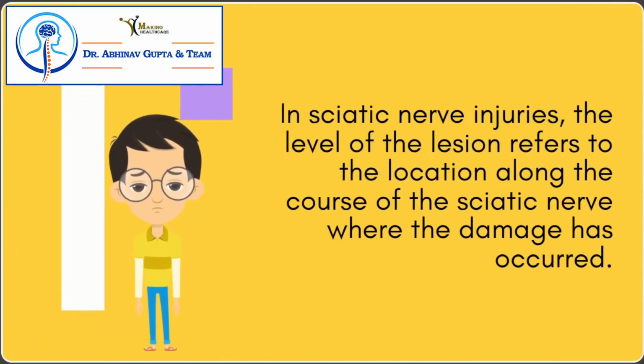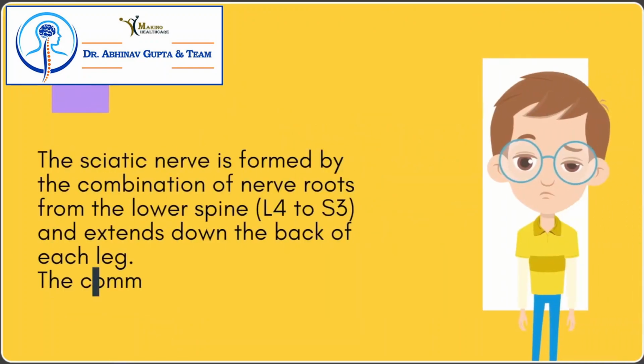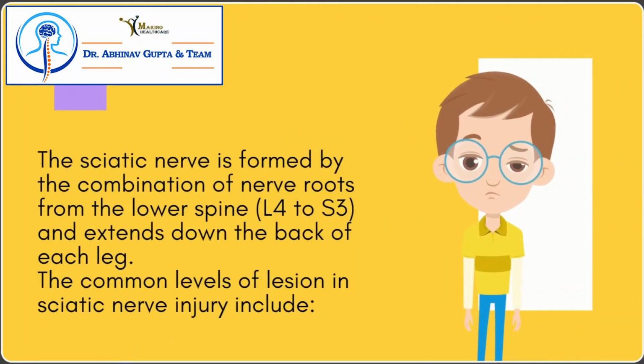In sciatic nerve injuries, the level of the lesion refers to the location along the course of the sciatic nerve where the damage has occurred. The sciatic nerve is formed by the combination of nerve roots from the lower spine, L4 to S3, and extends down the back of each leg. The common levels of lesion in sciatic nerve injury include